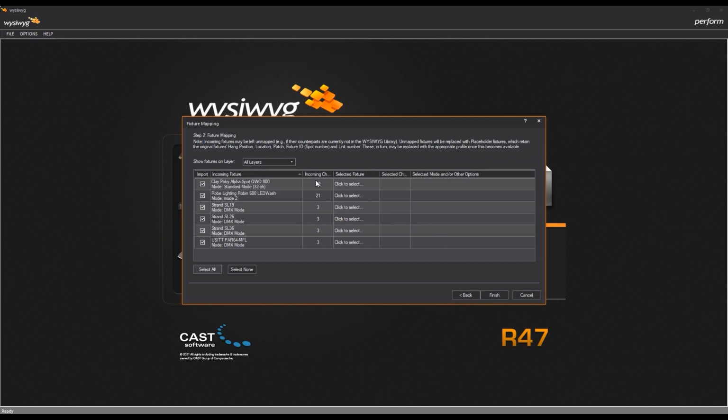Above the mapping table, there's a drop-down that lets us select individual layers to only show fixtures on that layer. So for example, if I select my fixtures automated layer, the table is filtered to only show the fixtures that are on that layer. This feature was added with large files in mind to make it easier to see fixtures when dealing with a lot of different fixture types. It is of course optional to use,